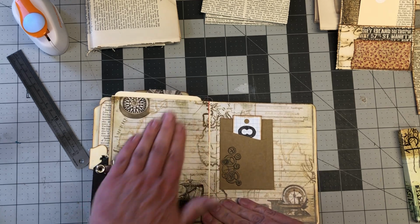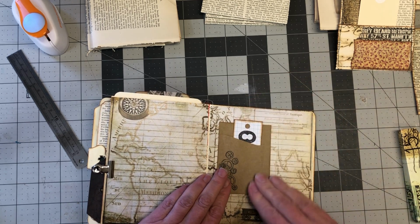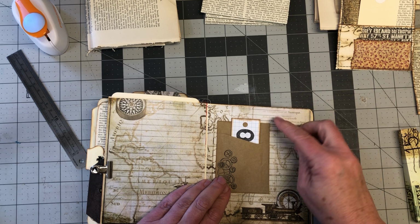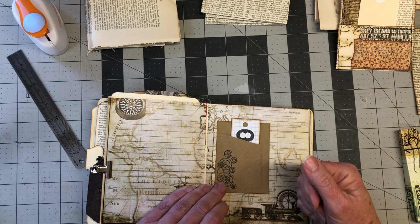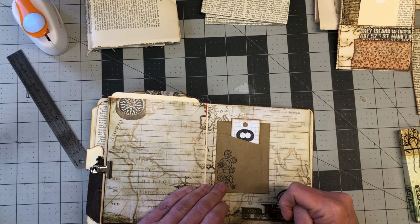And here I need to create something as well. This here was something I found in my collage scrap box, and it was a thing that I got in a cafe that had the cutlery in,